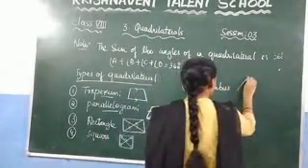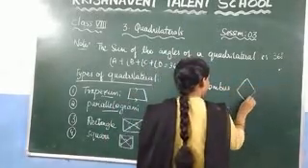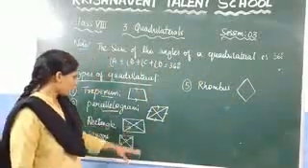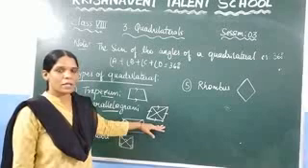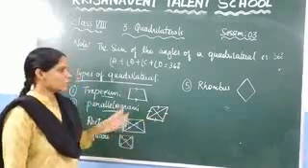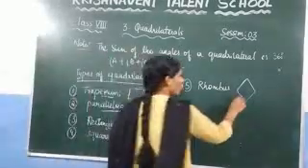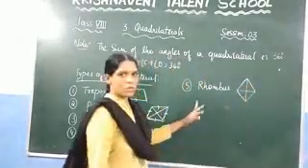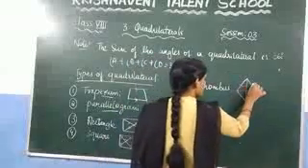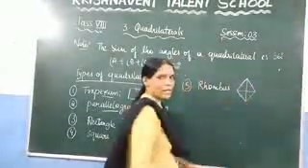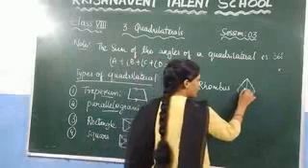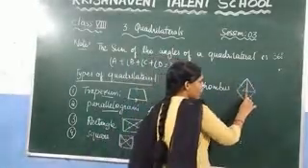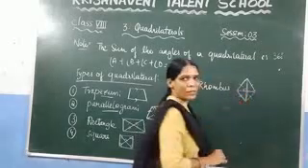So how will it look? It looks like this. Here, how do you get the rhombus? If in a parallelogram the adjacent sides are equal, we will get a rhombus. So what are the properties of the rhombus we discussed in the last session? In a rhombus also all sides are equal. That means this side and this side are equal. And similarly, here the angle is 90 degrees, right? And after that, the diagonals are not equal, but the diagonals bisect perpendicularly.